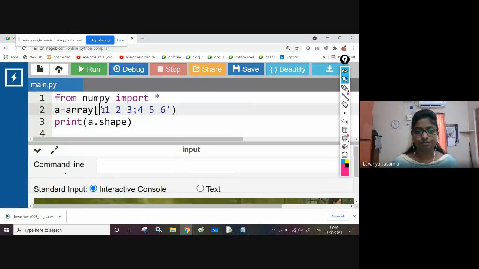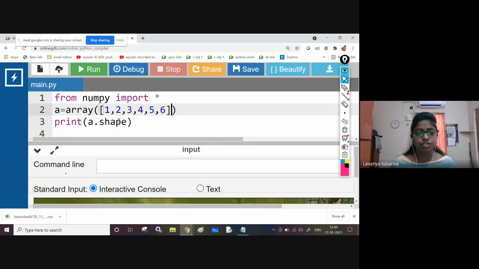Array. I'm giving 1, 2, 3, 4, 5, 6. This is a one dimensional array.